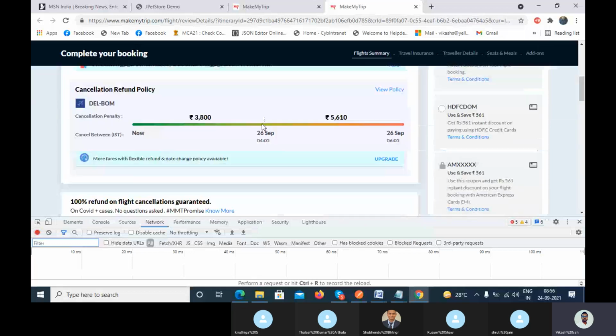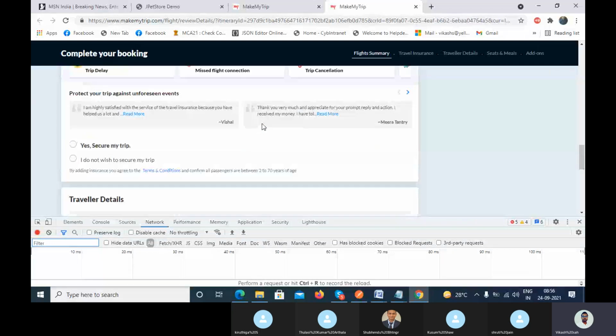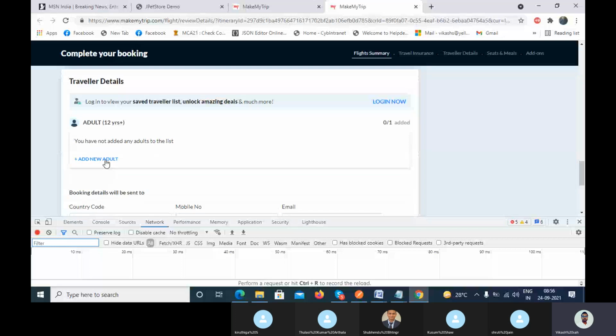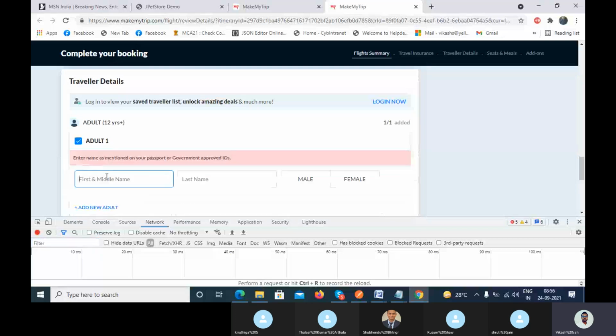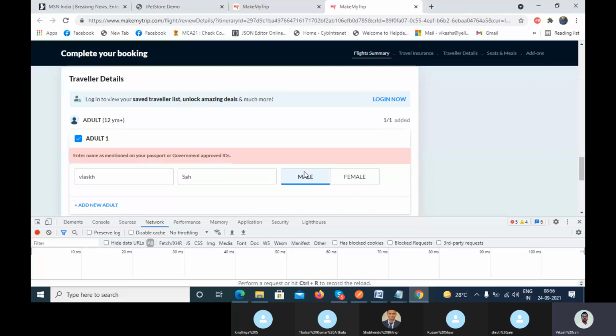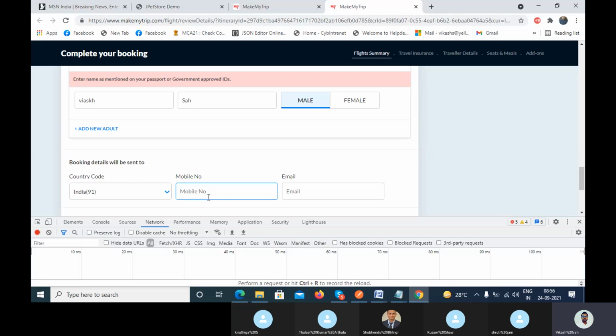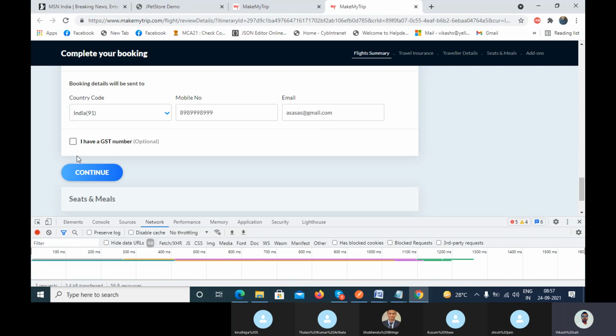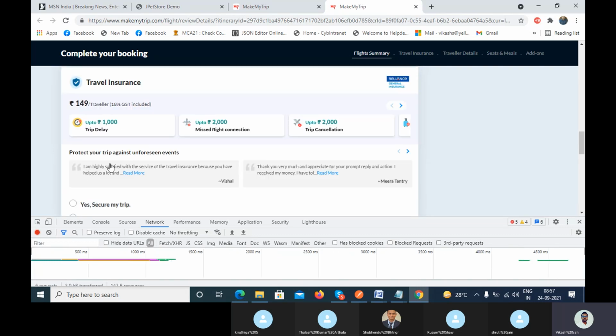And here you can enter the detail like your name. Let me add the name Vikas, okay, and Sa, right? And the mail, and then you can pass the mobile number, right? You have passed the mobile number and your email ID, something like you can pass it here, right? You have passed it here. Now I continue, right? If I continue,